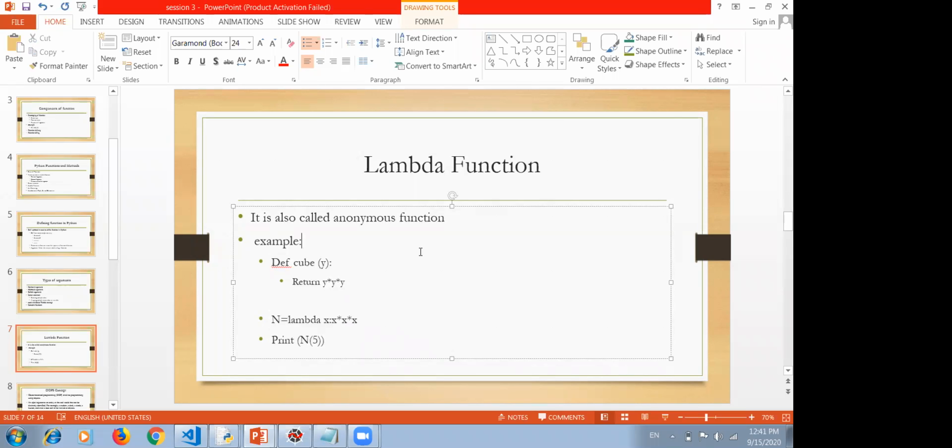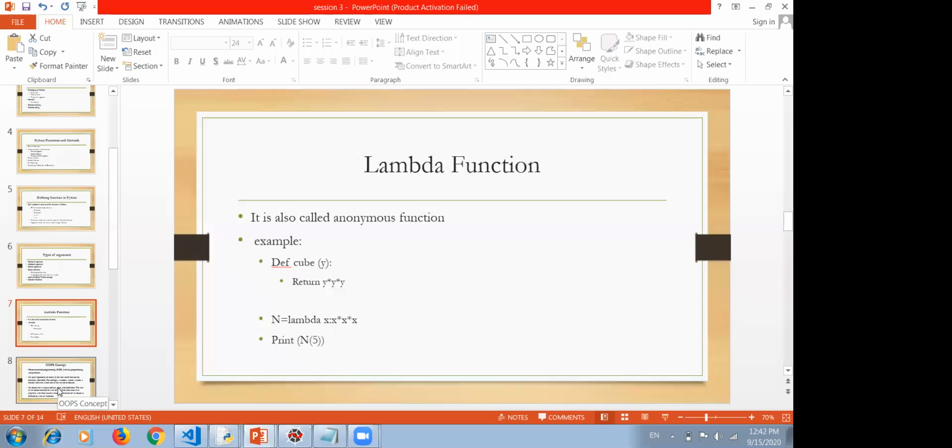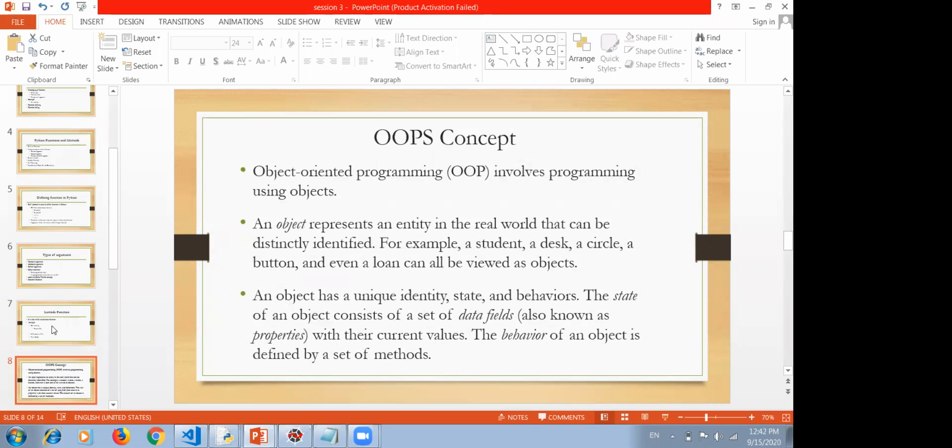So that's why we call it an inline function. They are rarely used, but they are beneficial when your function is very small. When the function is very small, just replace it with a single line. So this reduces the coding size. Lambda functions reduce the coding. Because it is a special type of function and commonly used, I just told you that it's also used in Python.